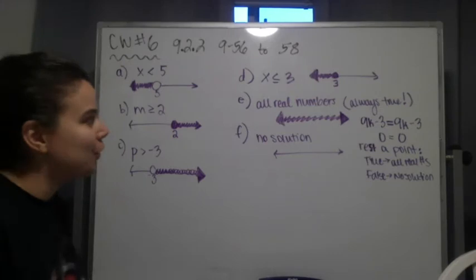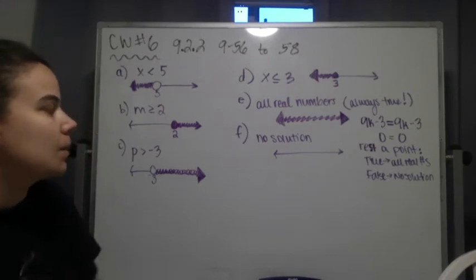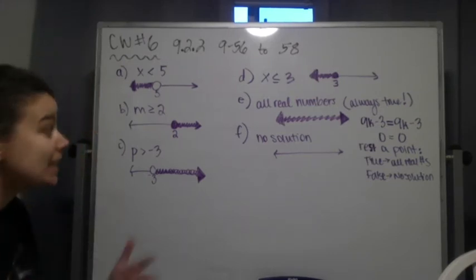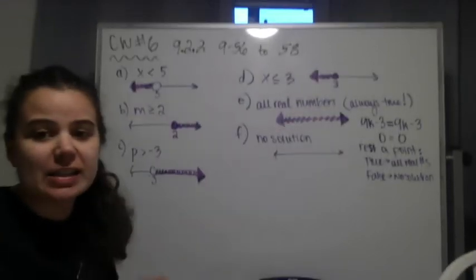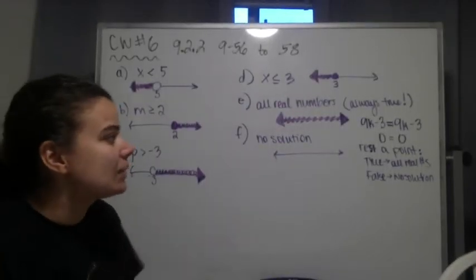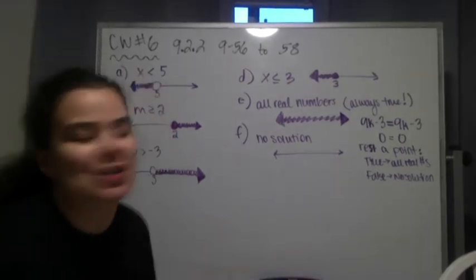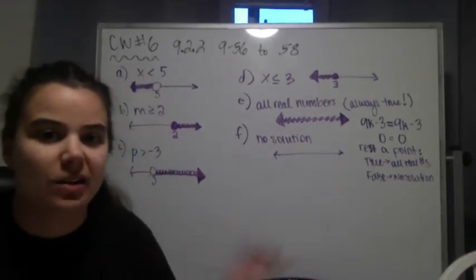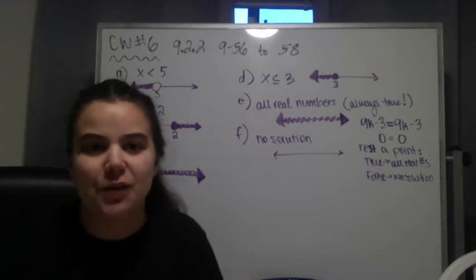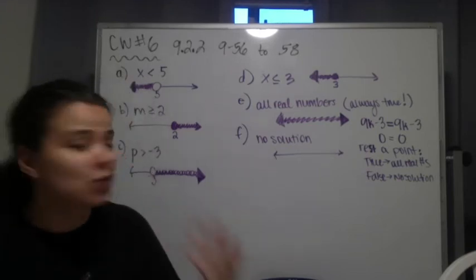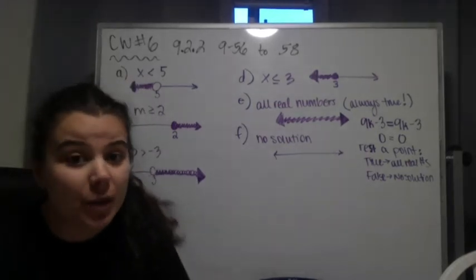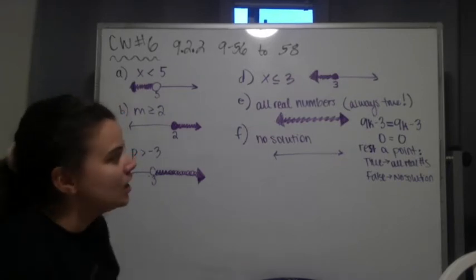Okay, so here is D, E, and F. D was pretty straightforward. The parts E and F, though, were super weird because, like in part E, when you set them equal to each other, you get 9k minus 3 equals 9k minus 3, or just 0 equals 0, or negative 3 equals negative 3. However you wrote it, it's a true statement, and it's always true, which means that you can still